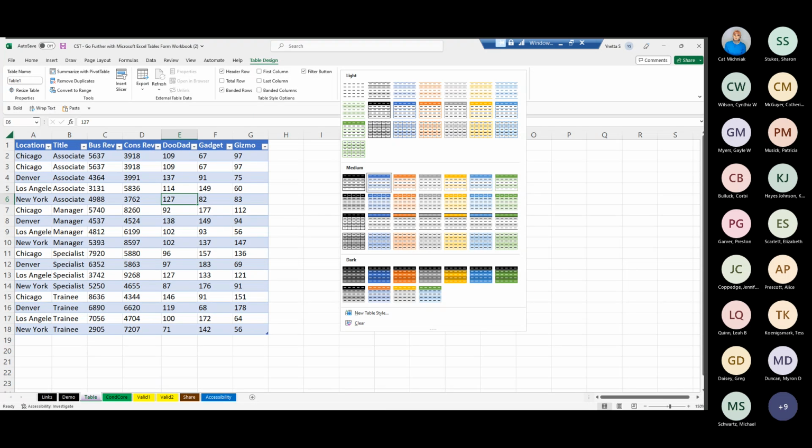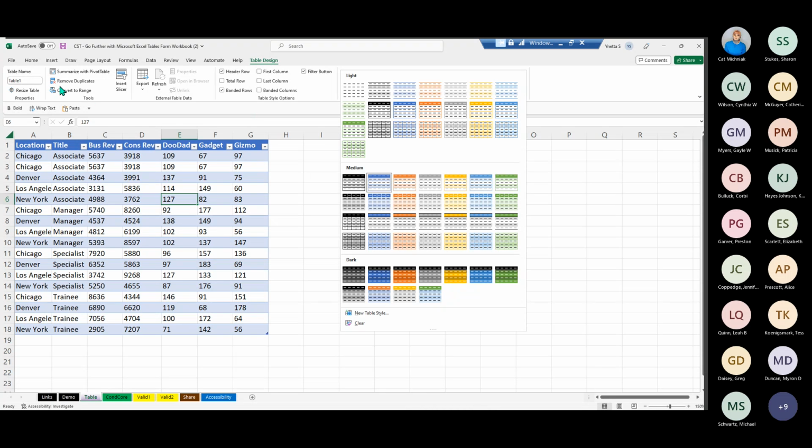All right, so let's continue. As she was telling you, you can go over here and name your table. And I know that she was telling you about the table design, as far as how you can choose how you want your table to look. You can format it any way that you want to. One thing that I want to bring to your attention, if you take a look over in our tools section,